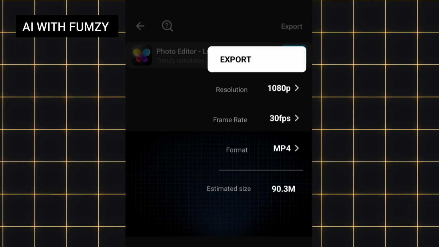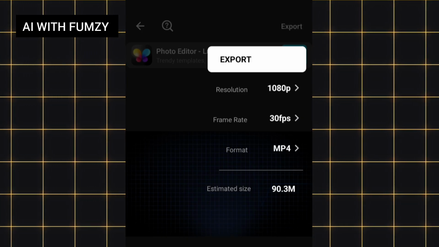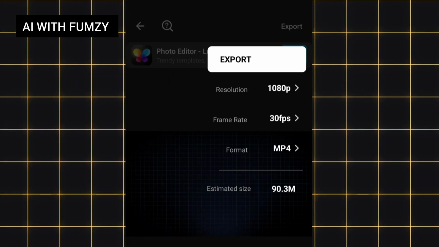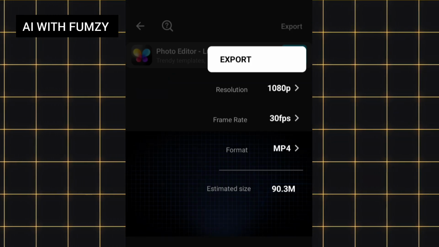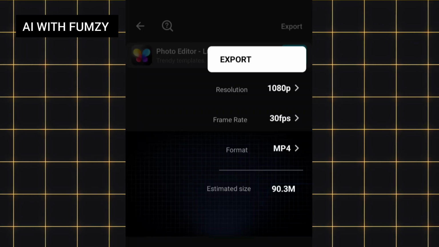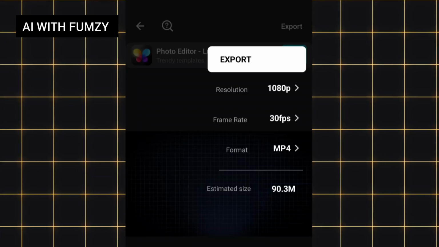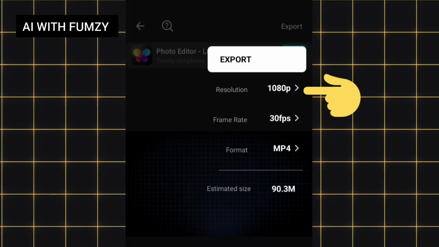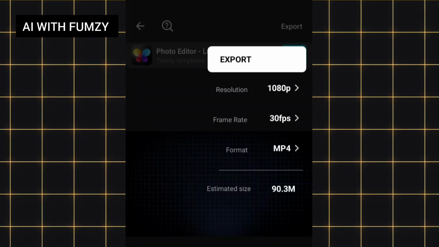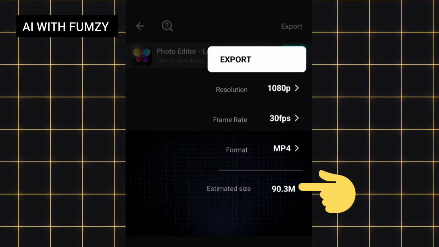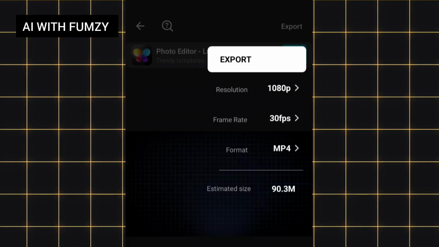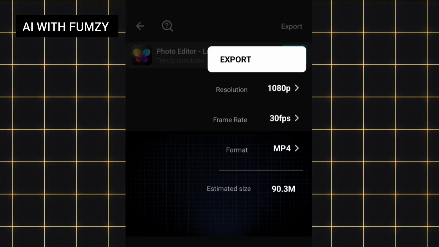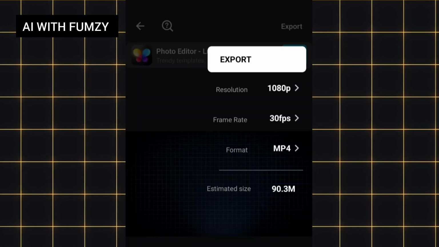For you to export a video, you need to check out the resolution. The resolution is like the quality of how you want your video to be. If you want the quality of your video to be high, you need to make sure that your resolution matters a lot. For you to change your resolution, say for instance, if I export this video at 1080 resolution, it's going to take about 90.3 MB of my device space. So you have to make sure that you have already deleted and cleared your internal storage memory so that you can be able to